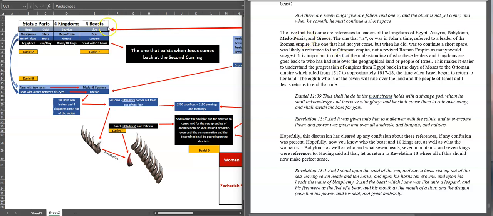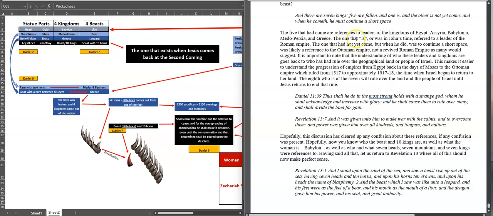And then obviously we already learned that from Babylon it moved to Medo-Persia to Greece. So Egypt and Assyria were the other 2 that came before, and those either ruled over the people of Israel, enslaved them, or had specific geographic territory over either the house of Israel or the house of Judah or Jerusalem itself. So those related to the land and the people of Israel and dominion over the land and the people of Israel, if not destroying them in part.